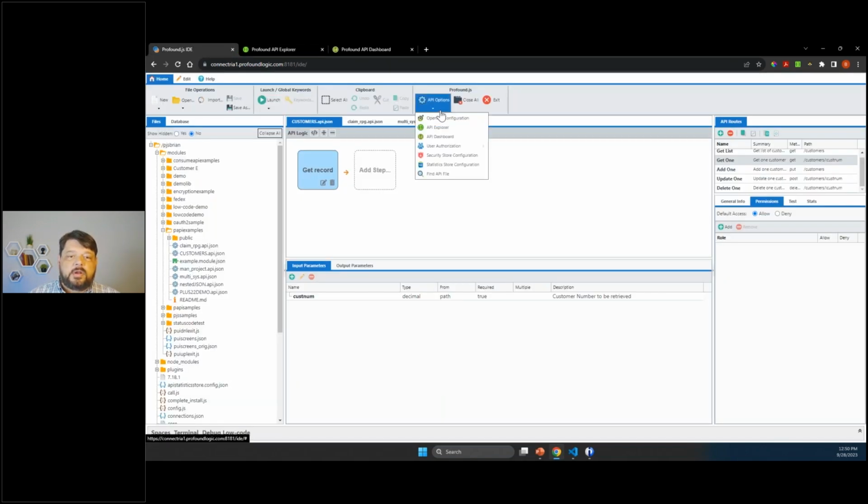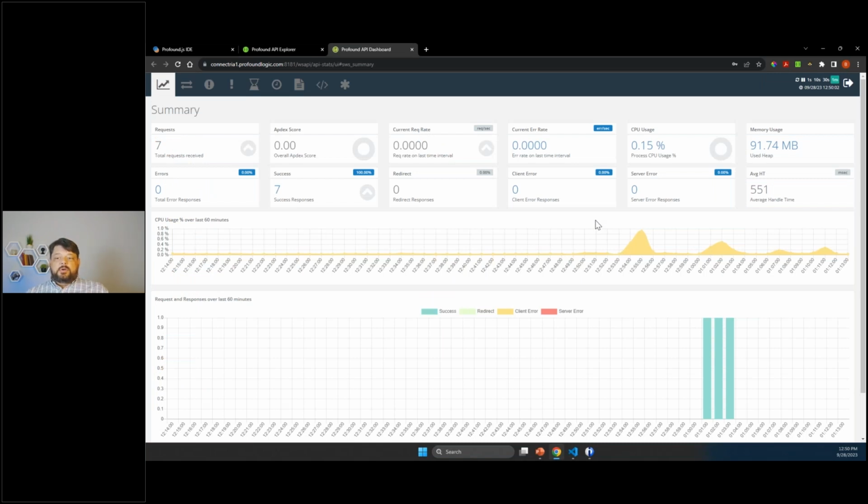The other thing that I want to point out is if we take a look at our API dashboard. So this is the dashboard. And as you can see here, I did not load up a ton of data ahead of time, but we can see things like the number of requests that our API server has run. Obviously, I started this server fresh before our webinar. How many successful requests, how many errors, CPU usage and memory usage. All of this here is in a nice, easy to read graphical dashboard. Why? Well, because we want to make it easy for you to keep track of these things.